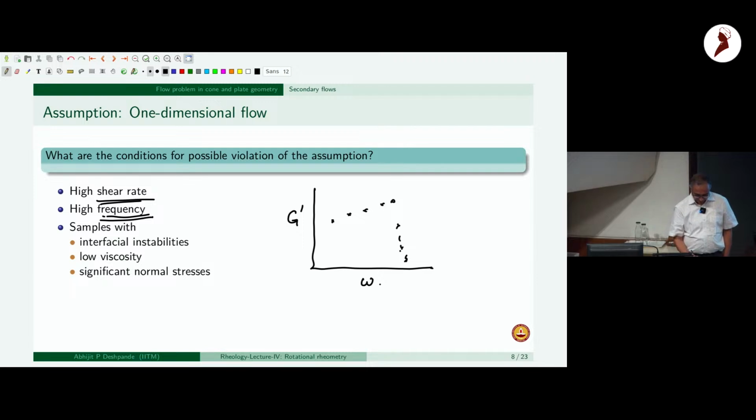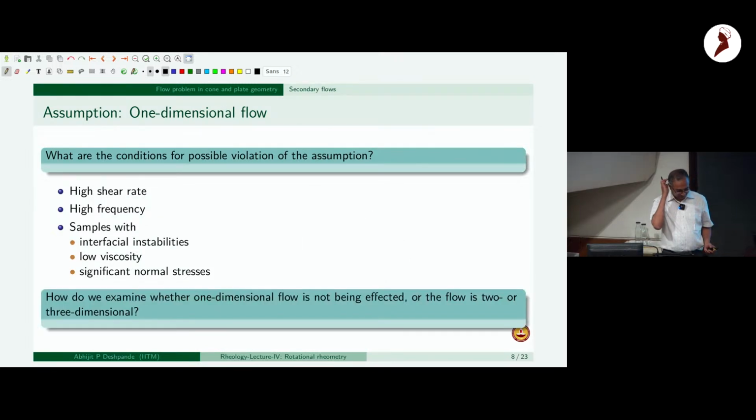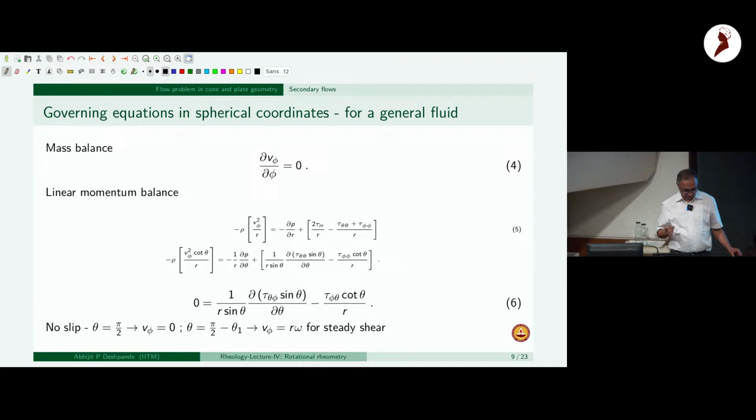And then there could be interfacial instabilities that I'll discuss again. And whenever there are significant normal stresses, one always has to worry about whether secondary flows are being affected. So coming back to the governing equations themselves,